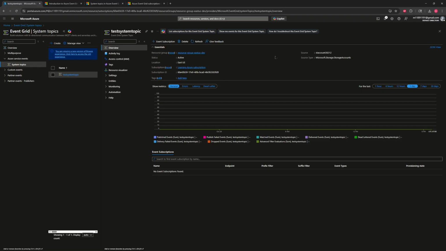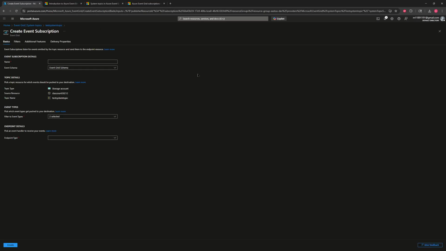But now I need this information to be sent somewhere. So I have up here the Event Grid subscription. It says down here that I have no Event Grid subscriptions, and I can make multiple Event Grid subscriptions if I want to, maybe filtered on different things that are happening on my storage account. So let's go over here to the Event Grid subscription,